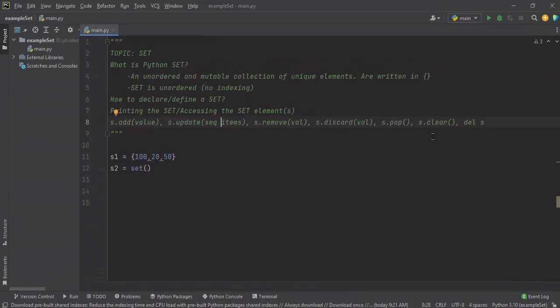Hello everyone. In this tutorial video, I'm going to explain Python set. I'm going to explain how to declare and define a Python set, how to print the set as a whole, how to access the set elements, and I'm going to discuss also some basic functions